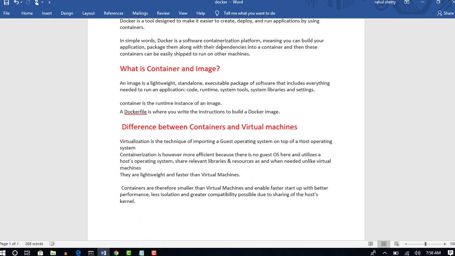In the next lecture, we will see the difference between containers and VMs. In this modern world, people are using containers instead of VMs, instead of virtual machines. Whenever you work in a company, you hear a lot about remote machines and virtual machines, using a VM to see if something is executing or not.